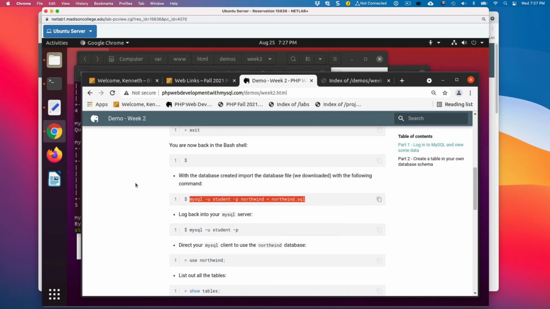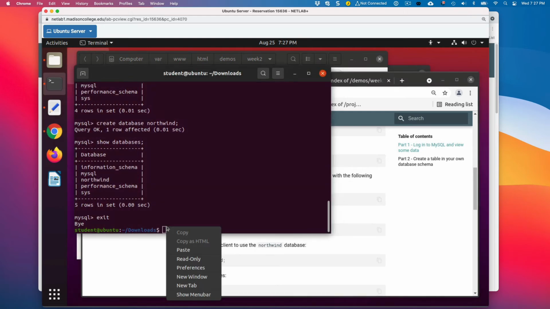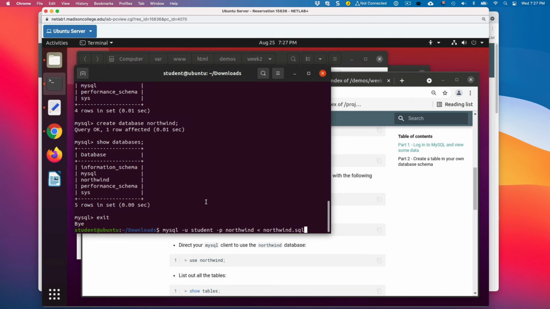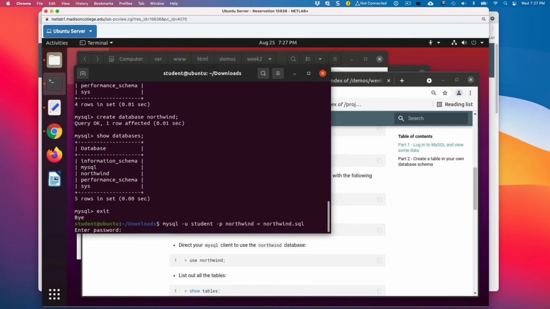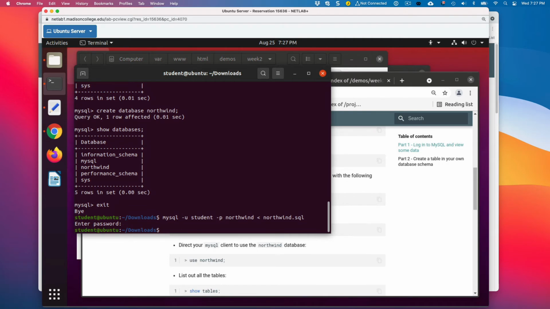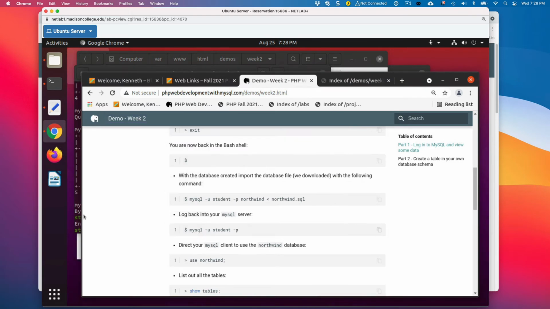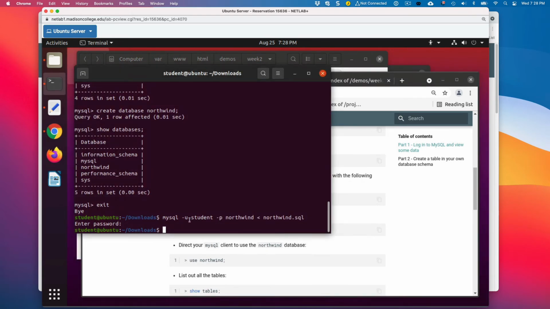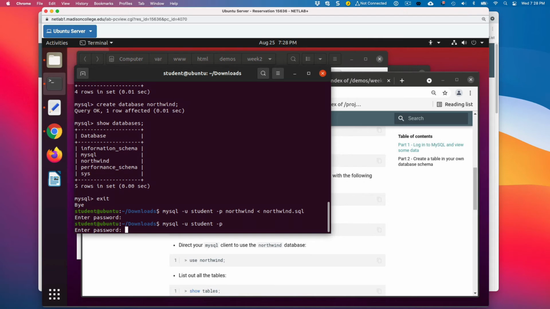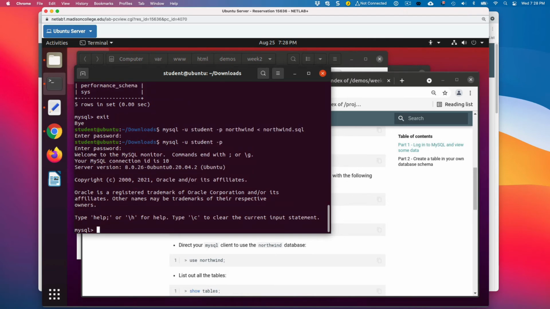So I'm going to copy that and I'm going to paste that on the command line, press enter, and it'll want me to enter the password. So that's student. And in typical Unix fashion, if there's no error, then I'll get no response. All right, well, how do I know it worked? Well, I'll go back into the database, into the MySQL command line tool, command line interface, and I can just hit up arrow a couple times, and there it is. And I'll type student. And then I'm going to say use Northwind.